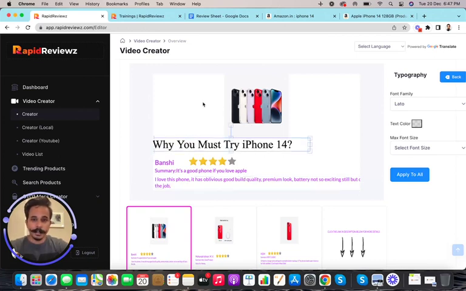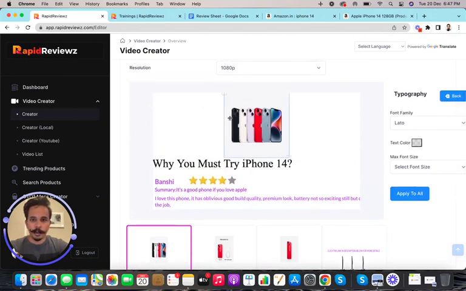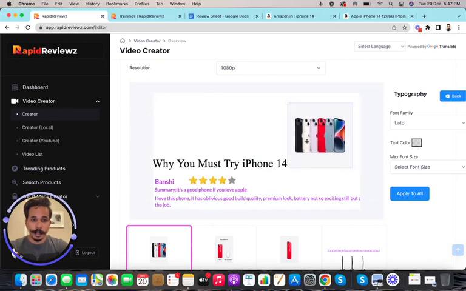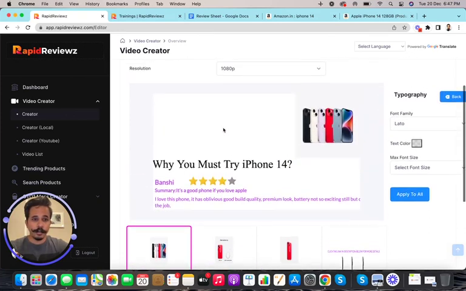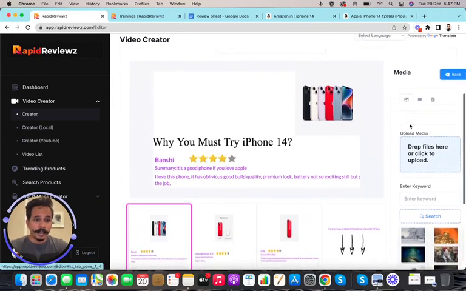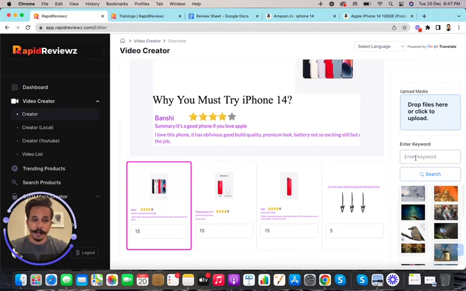So this is just for demo purpose. I'm not going to create a proper design, but I am just giving you a gist of how exactly this whole thing works. And for example, I come back here in the editor. If I want to include my media, I can pick up the media directly from this search option. So for example, I want a cool background. So for example, say blue background, or maybe gray background, let's say blue,